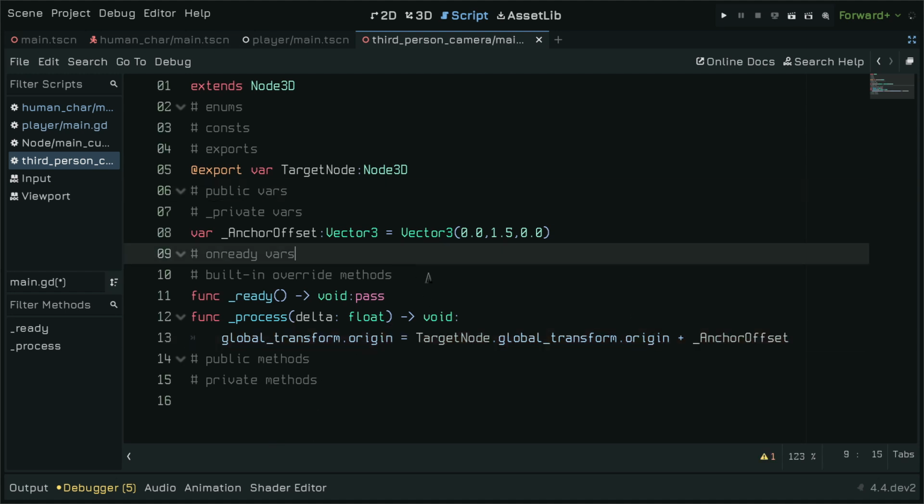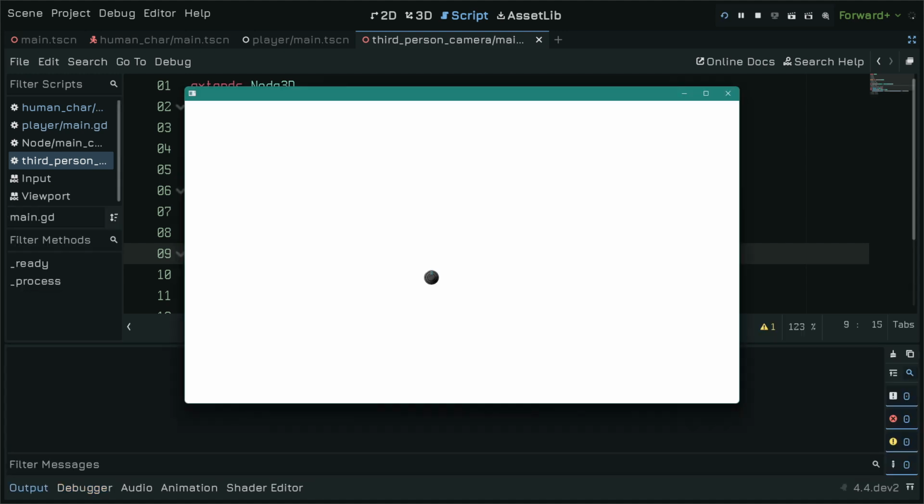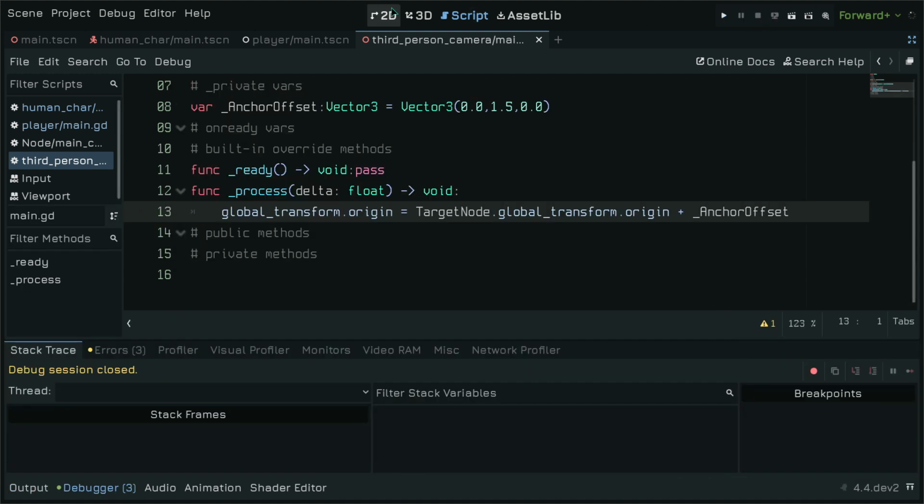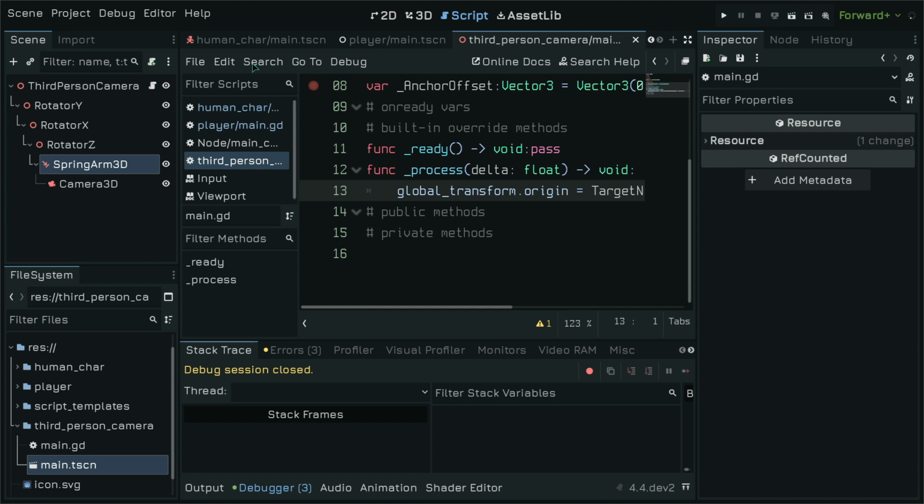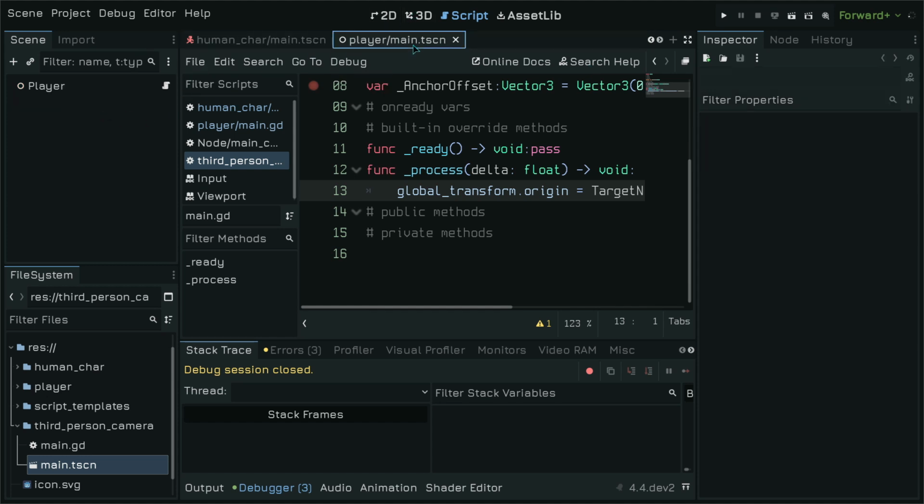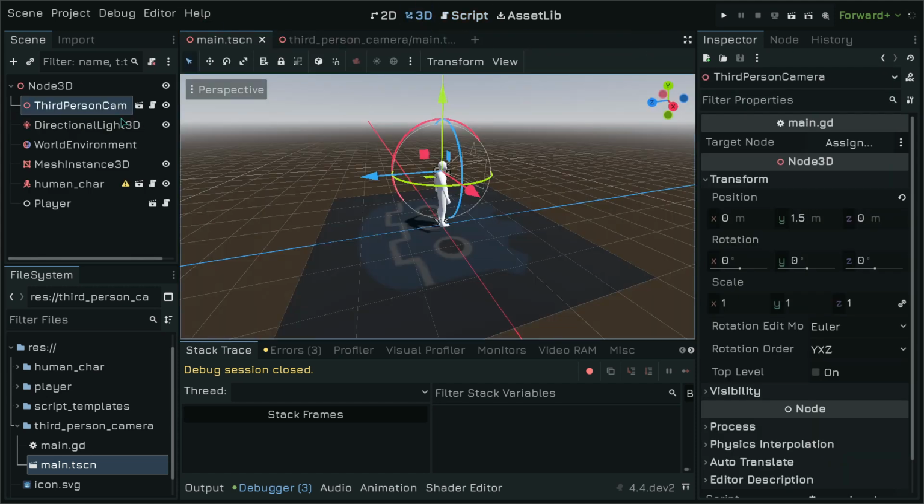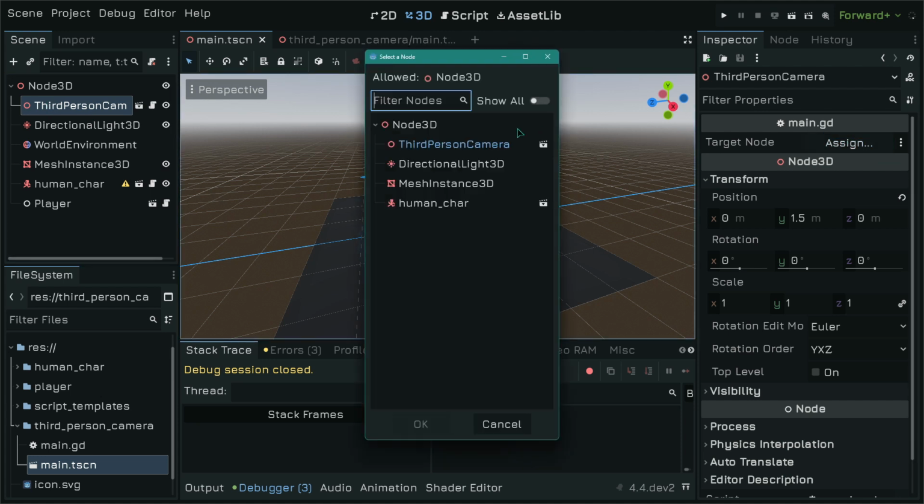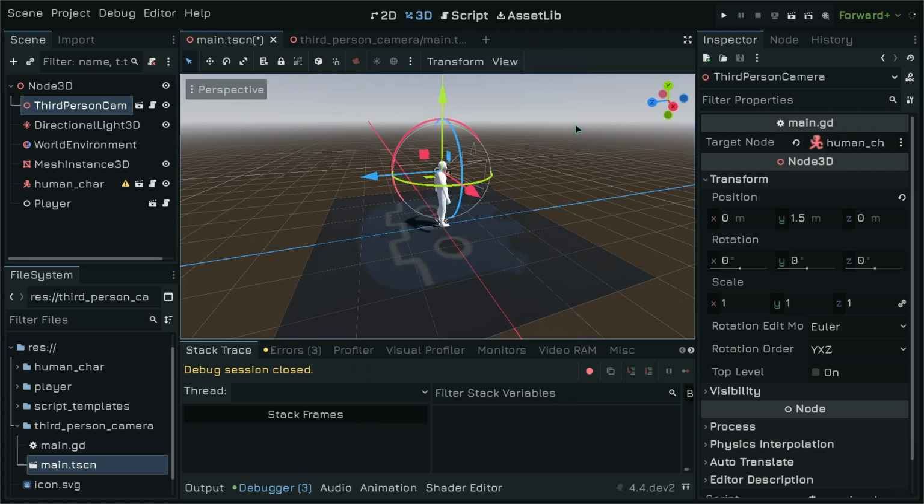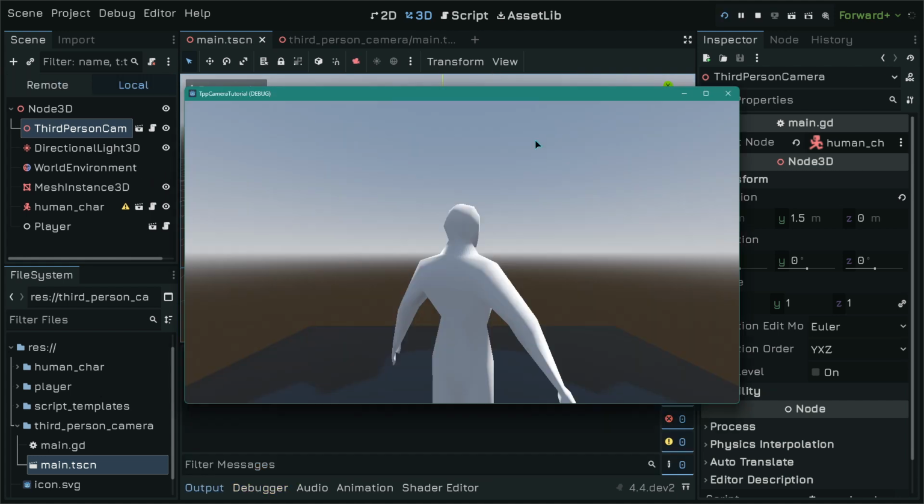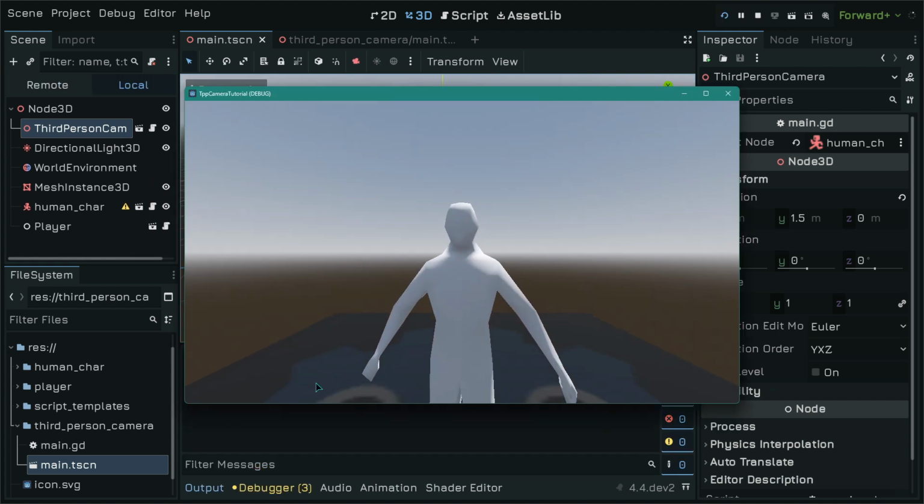So what this is actually going to do, if we run this scene, and I don't think we have set up our target, let me just double check. So on our main scene here, and we can actually close these ones. Let's select our third-person camera. Let's assign our human character. Now whenever we run the scene and we move our object, you can see that the camera is going to